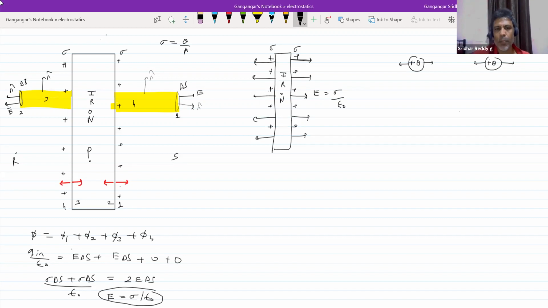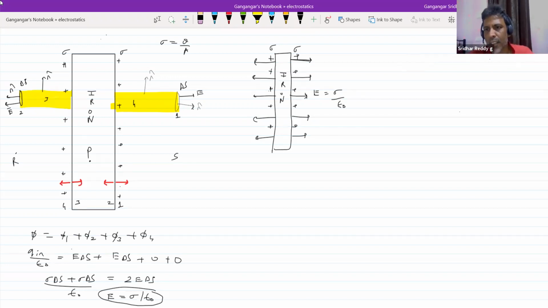And what is the point P? It lies inside the conductor. And what is the sigma we have? It's a static charge. So therefore the net field at point P due to static charges must be 0. And then what about E1 and E2? You look at this, how does this face appear like a non-conducting charge sheet, no? Each face of a charged conducting sheet will behave like a non-conducting charge sheet.